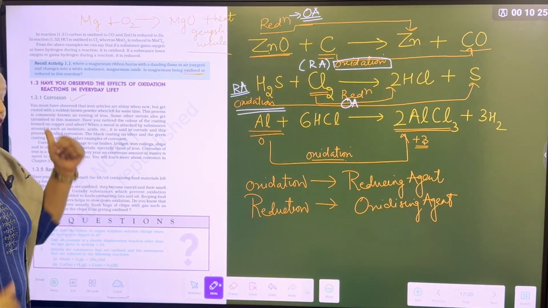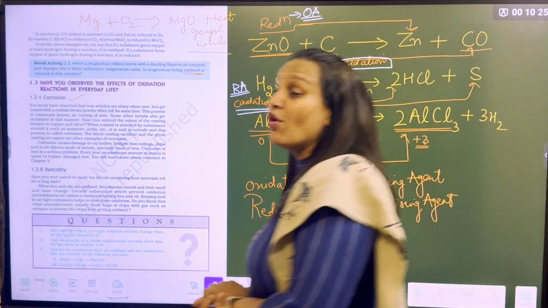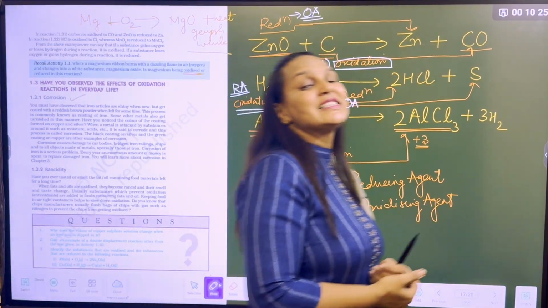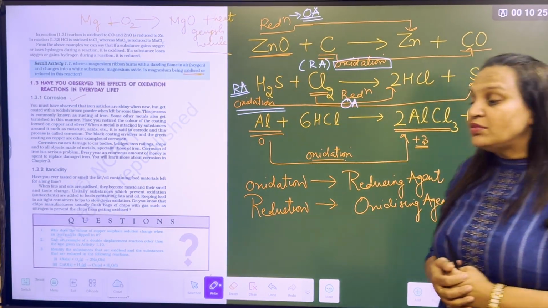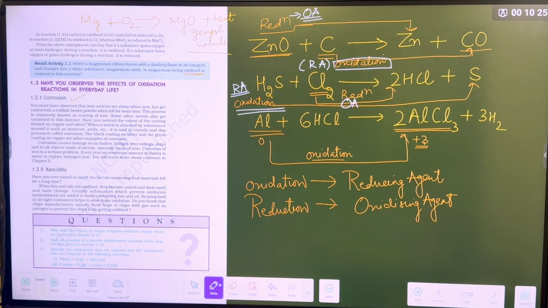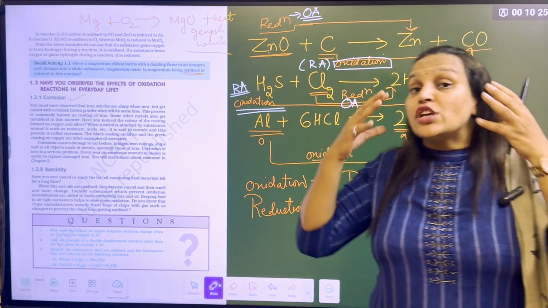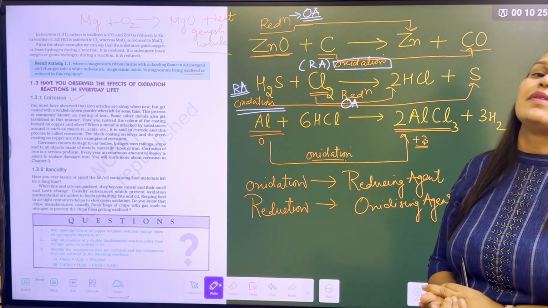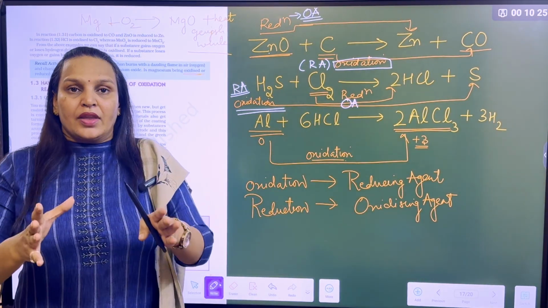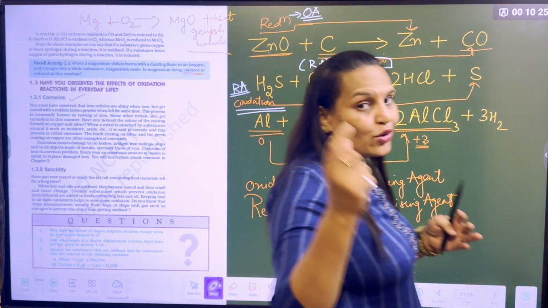Magnesium is oxidized. One question is coming to my mind. Why is magnesium ribbon cleaned before burning? Generally, when we burn magnesium ribbon, first we clean it with sandpaper. Why? Because magnesium generally gets a coating of magnesium carbonate and magnesium oxide. If we don't remove this coating, it will interfere in the burning. The magnesium ribbon will not burn efficiently. So before burning, we should clean the ribbon with sandpaper to remove that corroded layer.